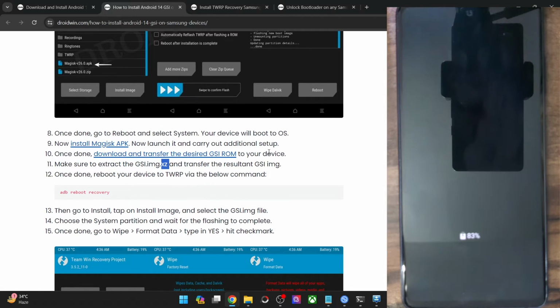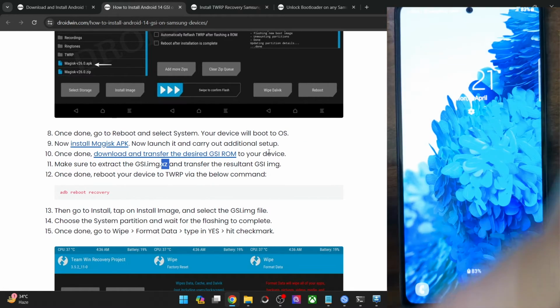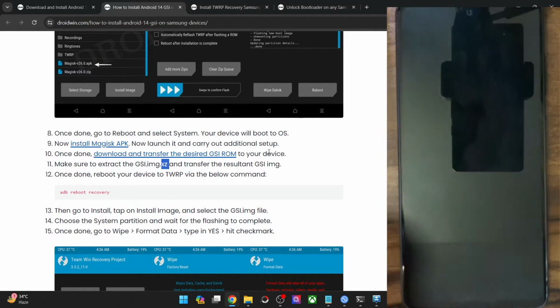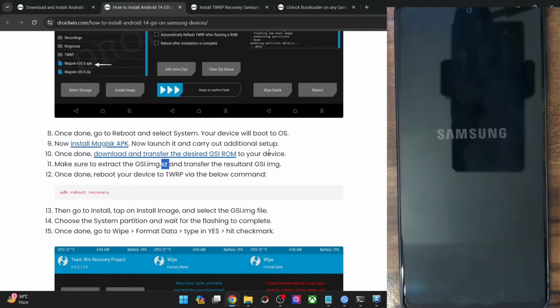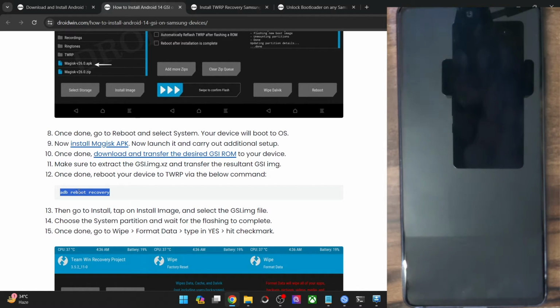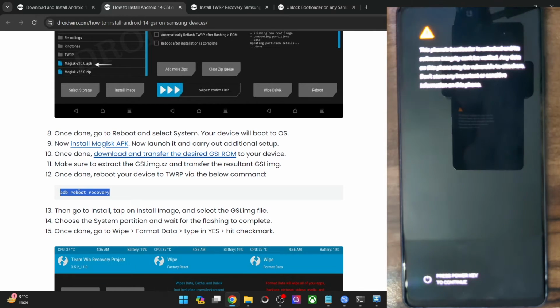So guys, the file has now been transferred. Let's reboot our phone to the recovery. For that, simply launch the Magisk app, tap on the reboot icon and choose reboot to recovery, and your phone will now reboot to the TWRP recovery. You may also use the adb reboot recovery command or the hardware key combination, but using Magisk is the easiest way out. Let's wait for a few seconds, and our phone should now reboot into TWRP.